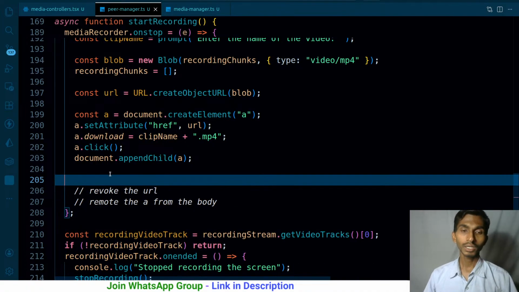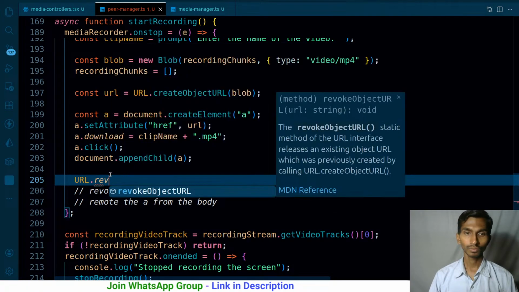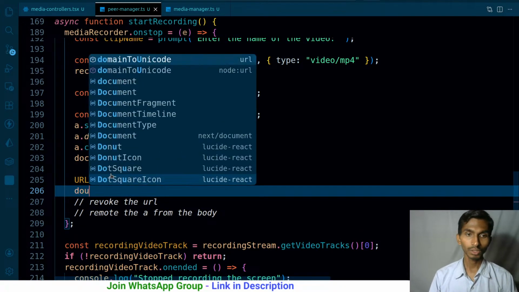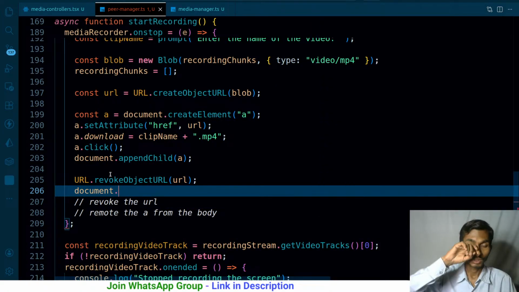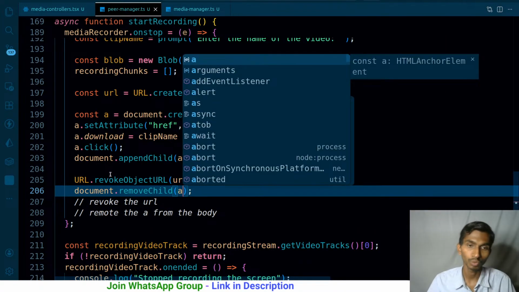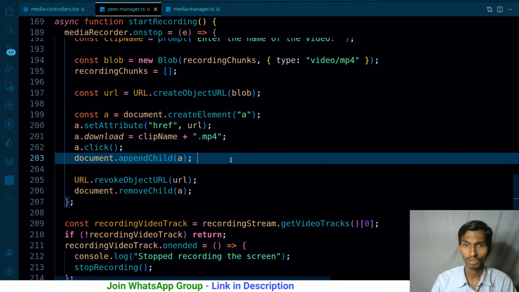Let's simply remove it. Then remove the URL. So once I have downloaded that, URL dot revokeObjectURL, pass it the URL that you had, and remove the element from the body or the document. So document dot body dot removeChild, and anchor tag I have to remove it. So this is how I have to just simply go ahead with the things. Any problem? Hopefully no problem as such. Okay, so we have done this much. May need to change the sequence here.